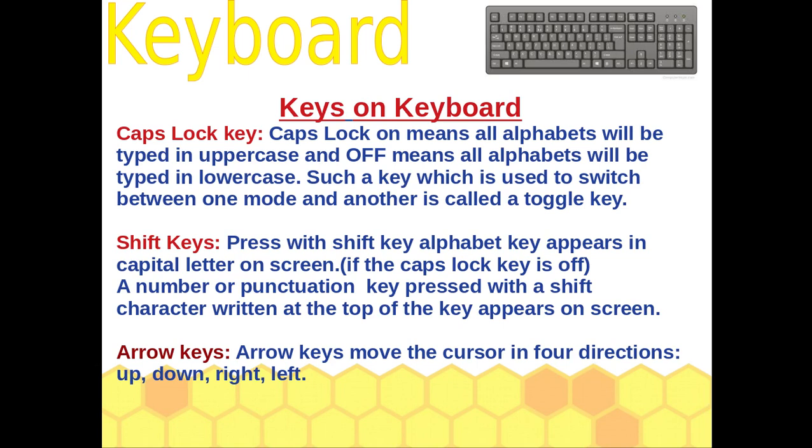There are 4 arrow keys we can see on our keyboard. They are just after the space bar. There are 2 more keys, and then after we can see the up arrow, down arrow, left and right arrow. They help us to move our cursor as per our requirement.